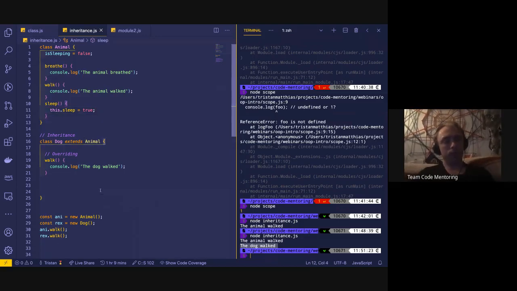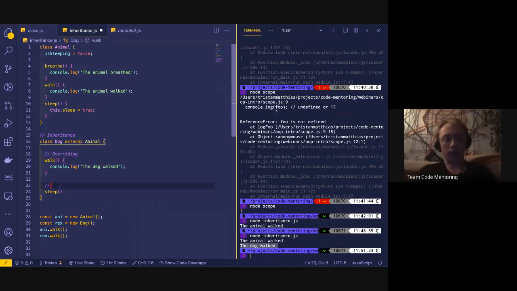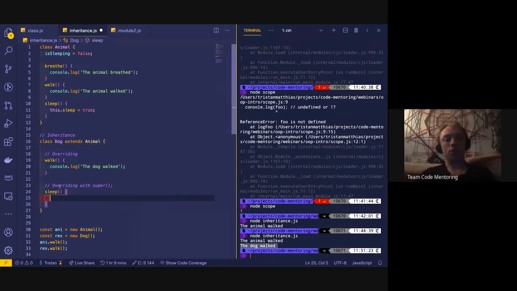So what we can do in the sleep is let's say we want to do something extra. So this is different to overriding. Overriding says replace, right? What we're doing here is overriding with super. Now this is different because, like Rajat said, it allows you to execute something on the base of what's going on. So in this case, we want to call this super